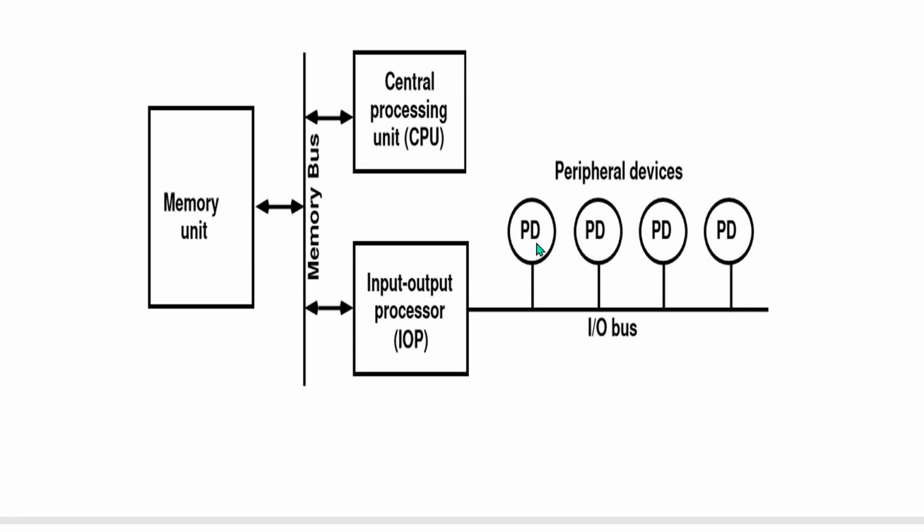While it is executing, any one of the peripheral devices transfers data, and this IO processor reads the data. The data is combined into one block. That block of information is placed inside the memory unit. For example, here the peripheral device transfers 5 bytes of information through this bus. That means the input-output processor reads those 5 bytes, but in the input-output processor those 5 bytes of information are combined in a single block. For example, 5 bytes of information, 5 into 8 bits, means a total of 40 bits combined as one block. This particular block will be transferred and placed inside the memory.